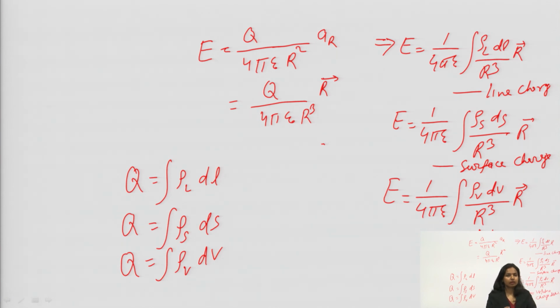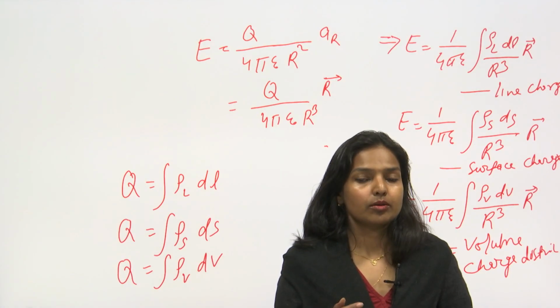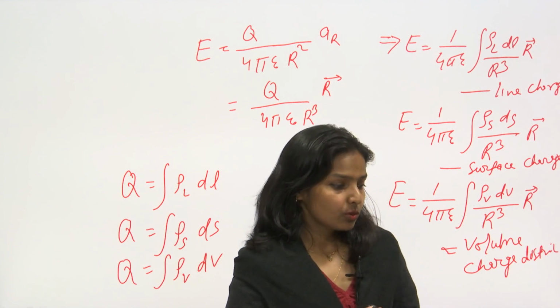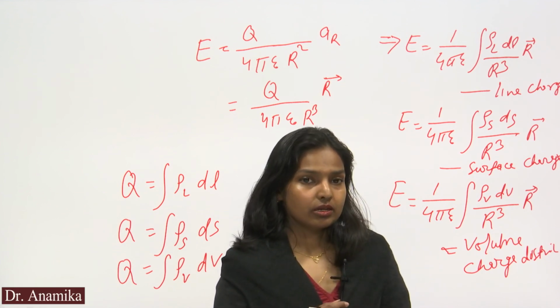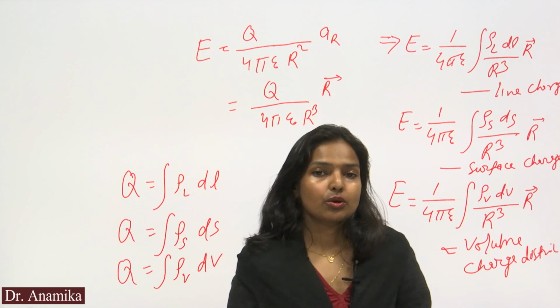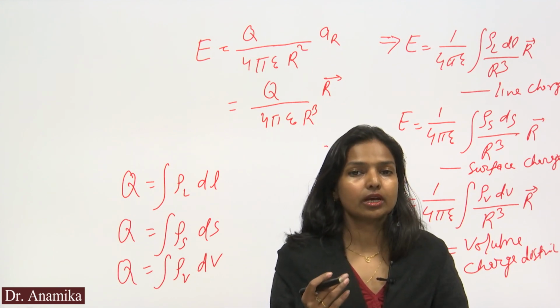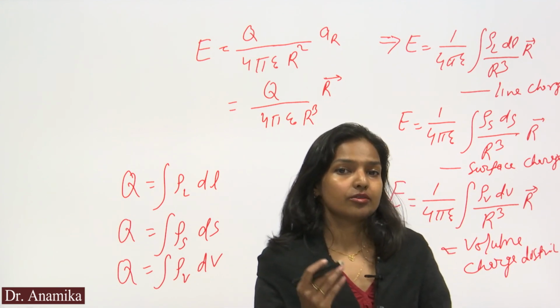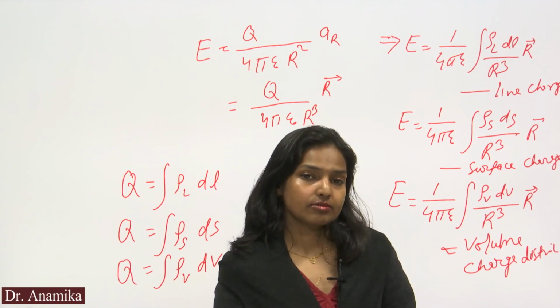Further, we will learn Gauss law, which is easier than Coulomb's law, in order to find electric field and force and potential also. For today's class, we will stop here. In the next class, we will learn how to find the electric field due to an infinite sheet as well as the disk.